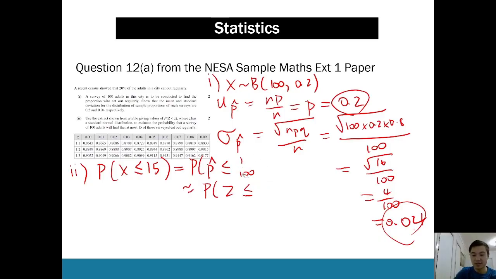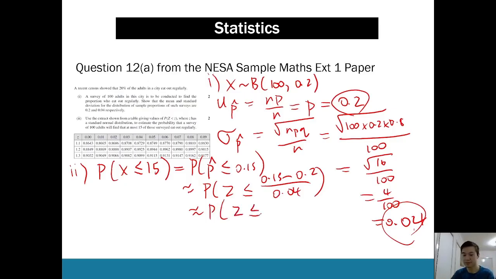So that's approximately the probability that z is less than or equal to, well, 15 divided by 100 is 0.15. So we're going to standardize it: 0.15 minus our mean, which we said was 0.2, divided by our standard deviation, 0.04, that will be negative